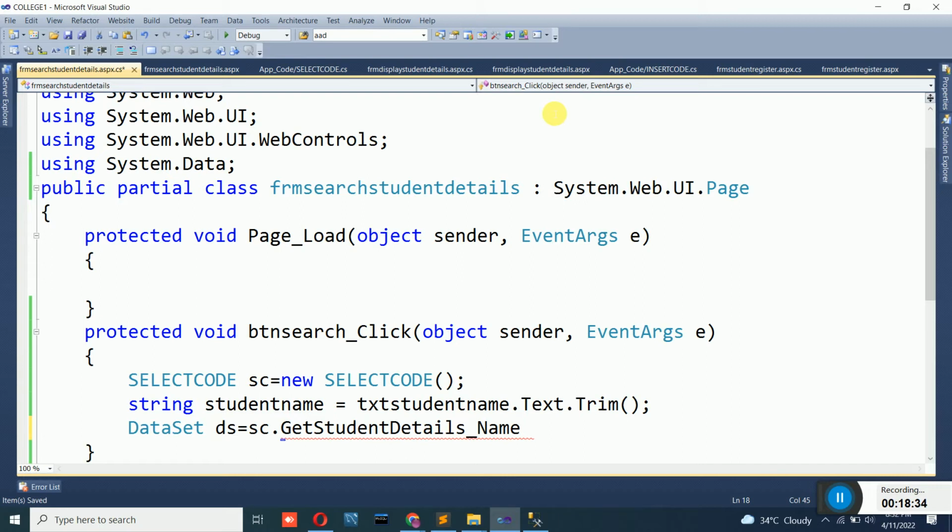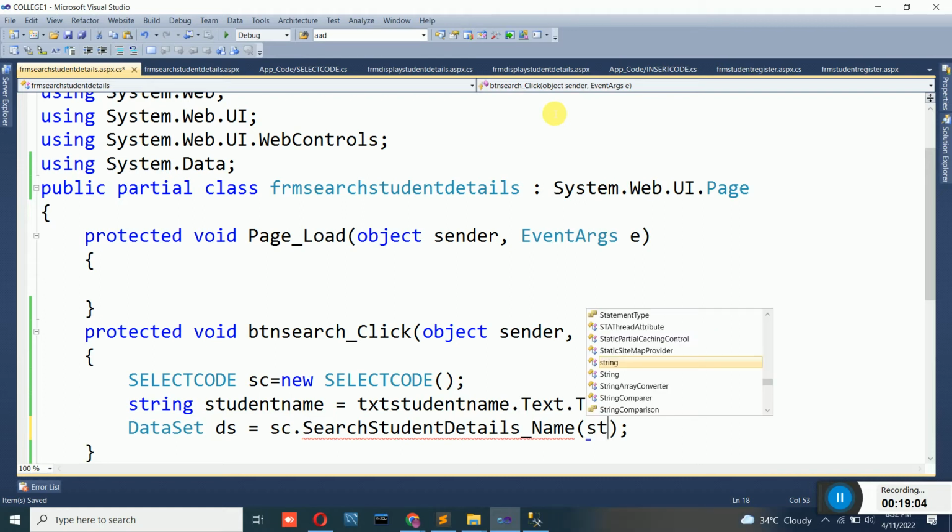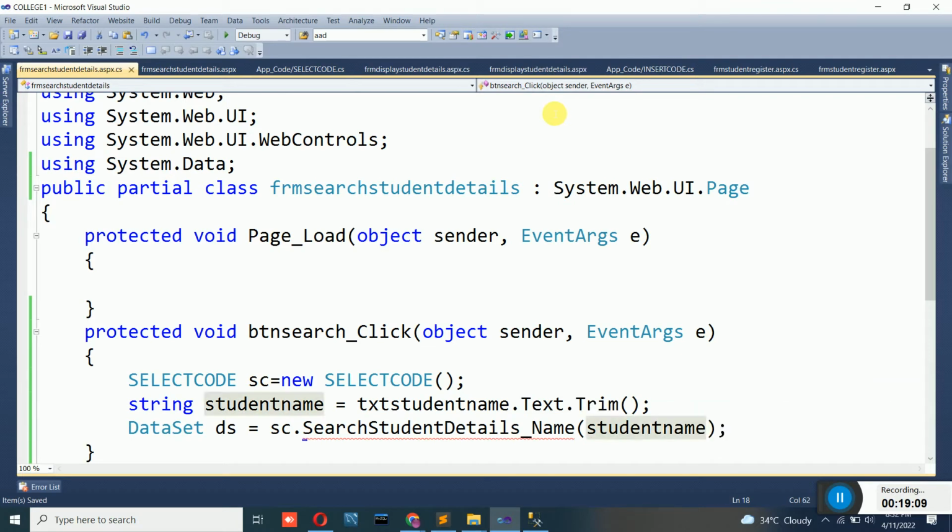Now concentrate very carefully on how you should write when I am creating a new function. First, you have to write the function here. Say GetStudentDetails, or you can write SearchStudentDetails_Name, I am giving, that is based on the name condition in this case, open bracket close bracket. To search by name, I have to pass the student name to that function. So I copy a variable called studentName and put it inside this. After writing this, next as it is, you have to write